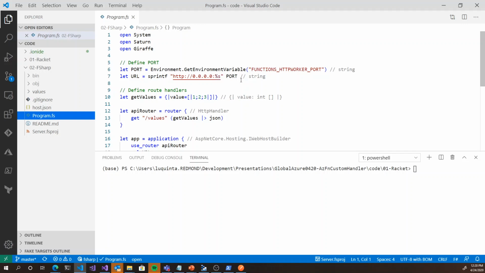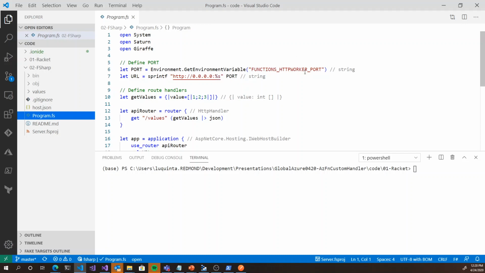The answer to that is absolutely you can. But what if I didn't want to use the C# like way of doing this? What if I wanted to do this with Saturn or some other framework that I find much easier and more F# idiomatic, right? Well, you do that by just building a web server like you normally would with Saturn,